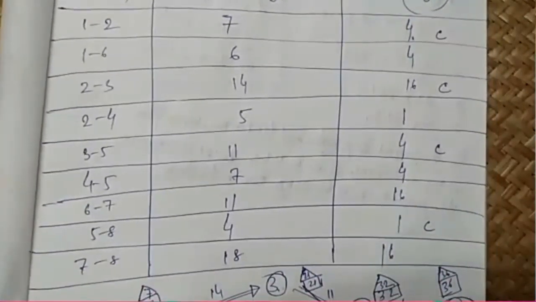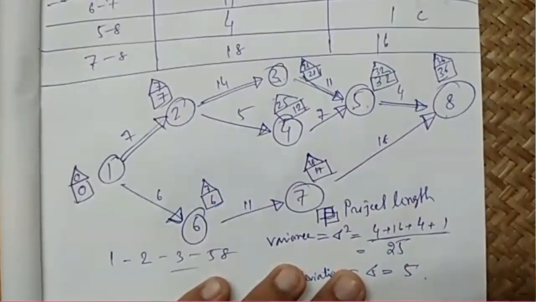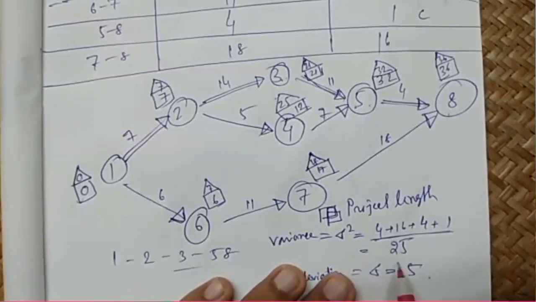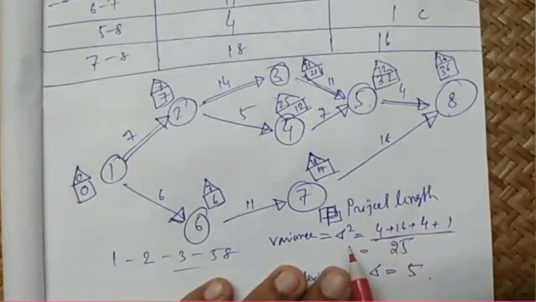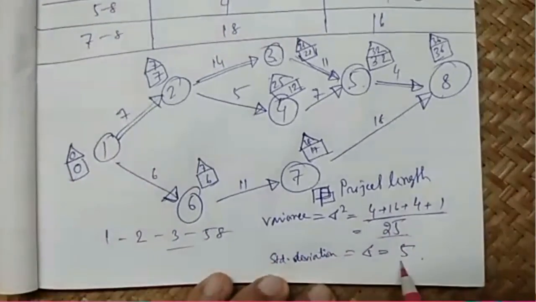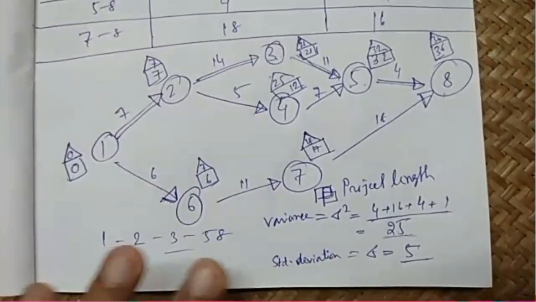Now we will add them up. We will sum up the variances of each critical activity, and then we get the variance of the whole project. This is the project length variance, sigma square, which is 25. Now the standard deviation is sigma, which is 5. Okay,